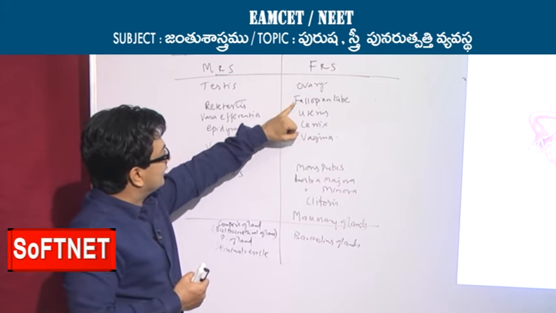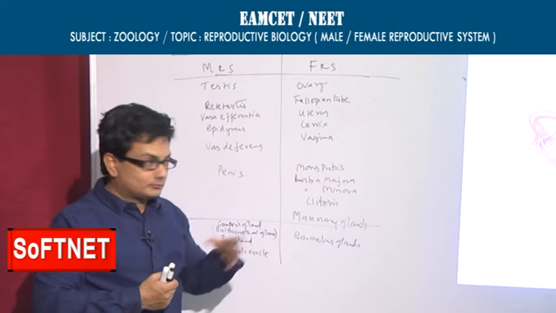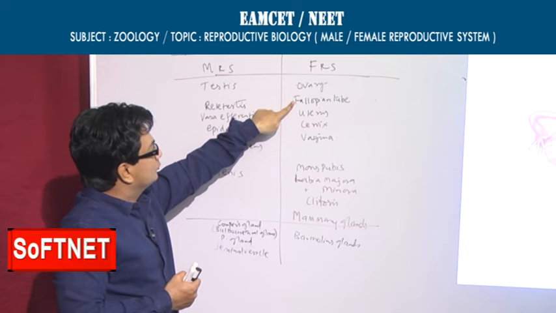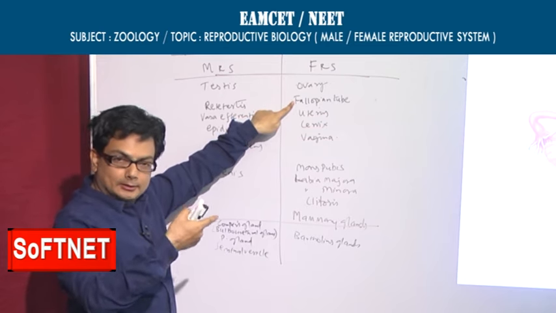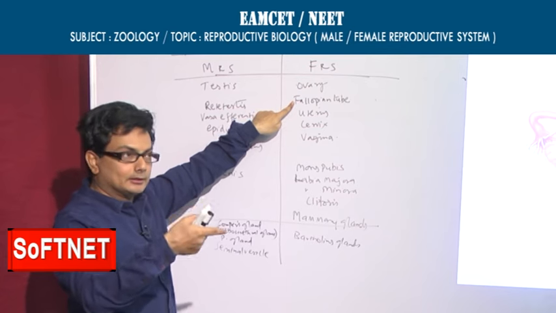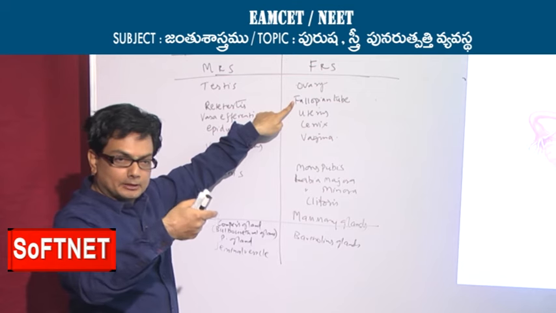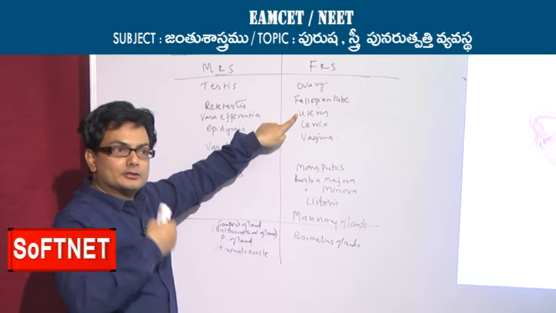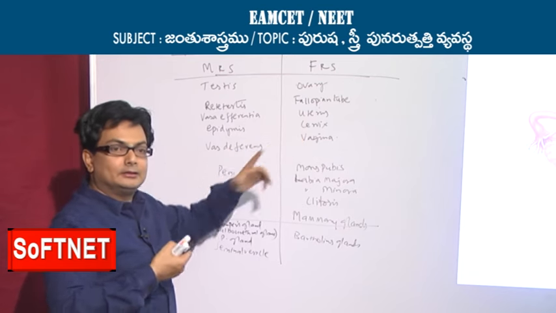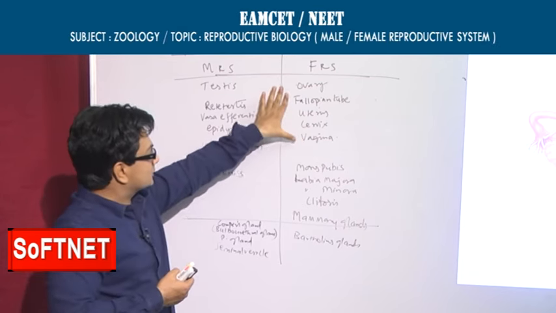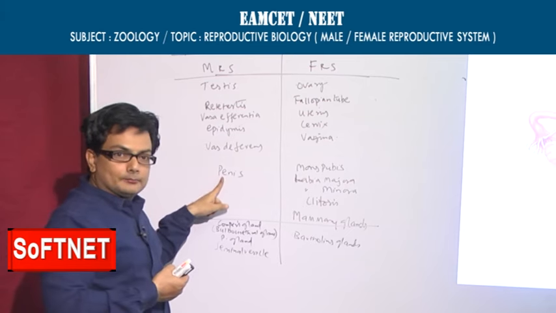And in the female, the fallopian tube, the uterus, cervix and the vagina, as you can see in the picture. The fallopian tube receives the secondary oocyte, fertilization, transportation of the zygote, then again the developmental stages, early embryonic stages, passing into the uterus, site of implantation, and again these two, the cervical canal together with the vagina, the birth canal. So, these are accessory ducts here, and this is external genitalia,